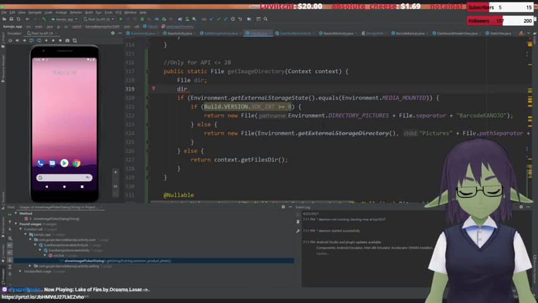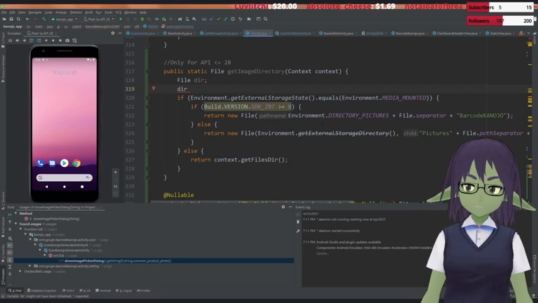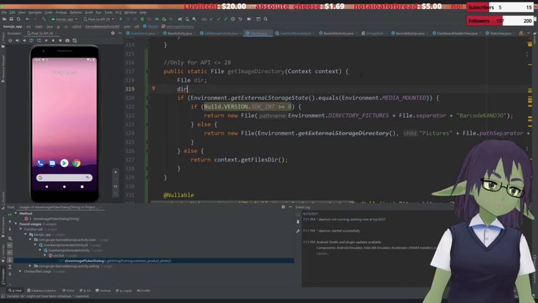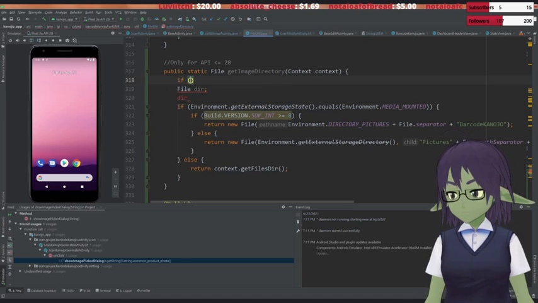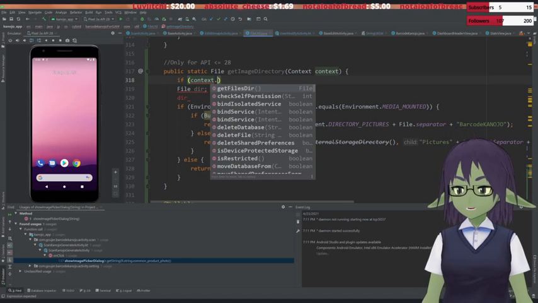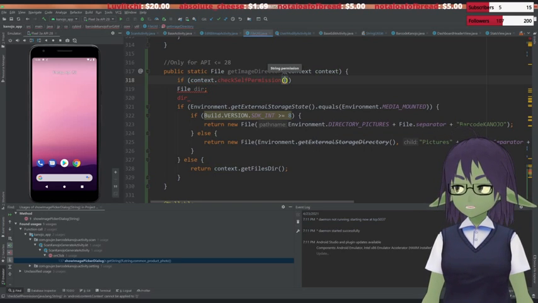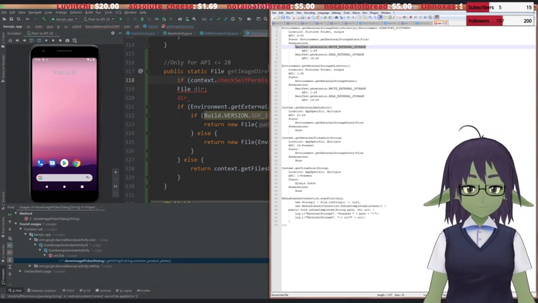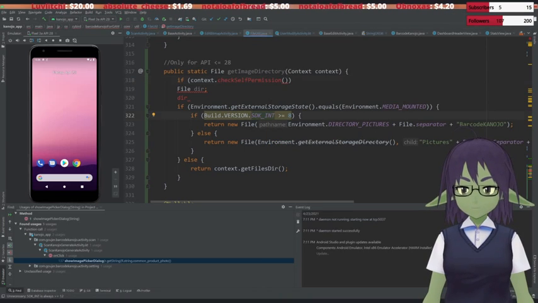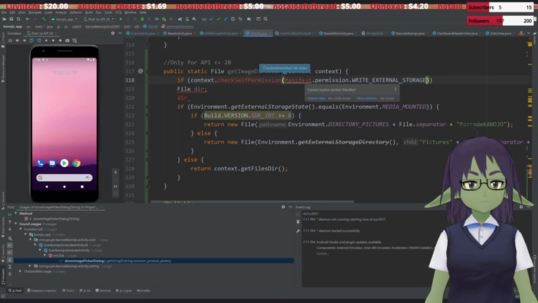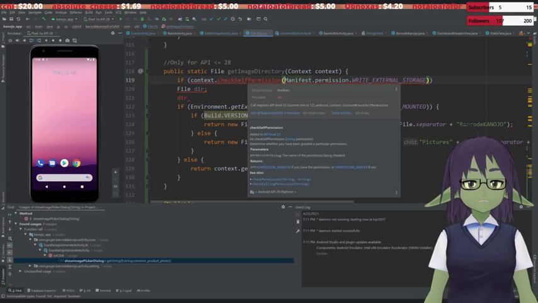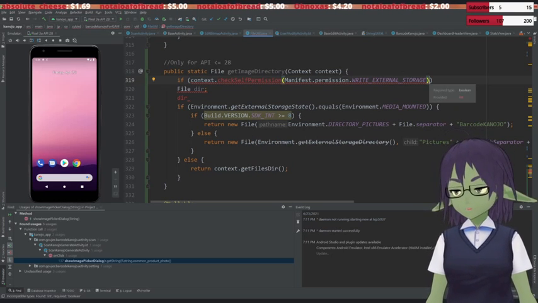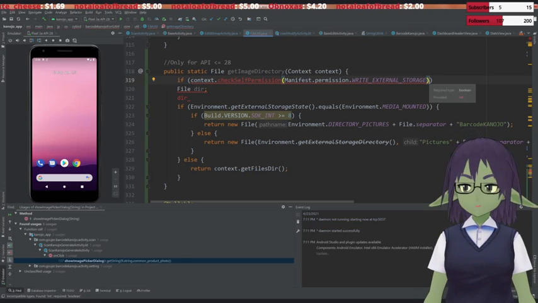Okay, so if, alright, so we start if context.selfPermissionCheck, and then the permission we want to check is this. What's your problem? What does it return? Okay, wait, so